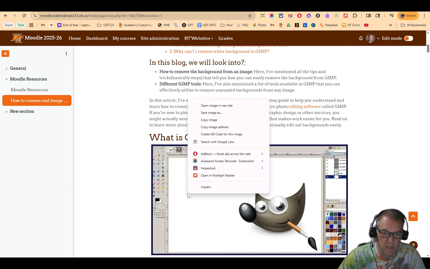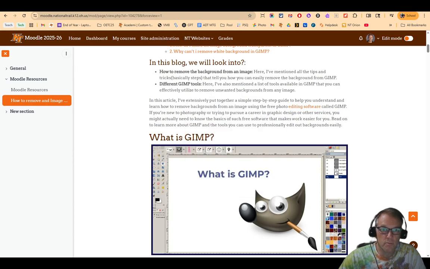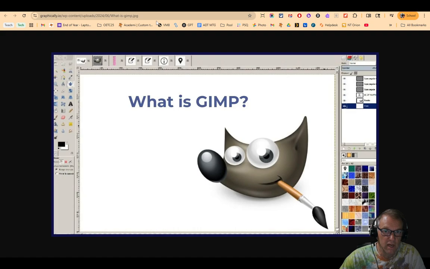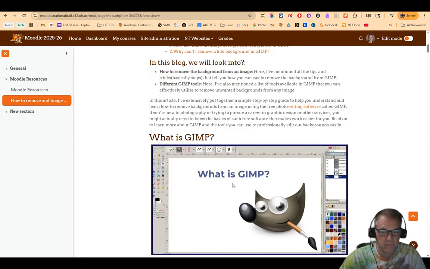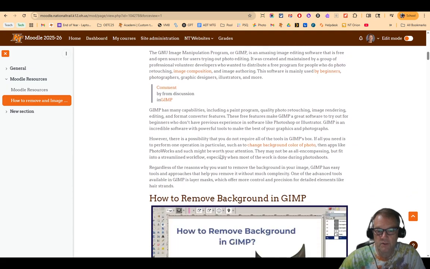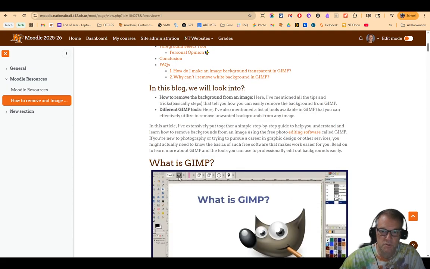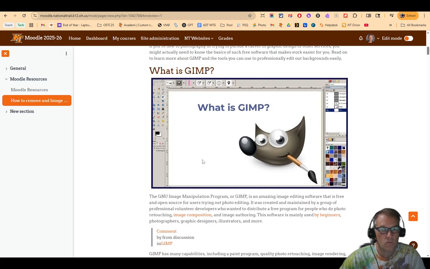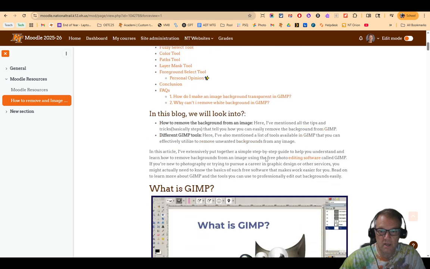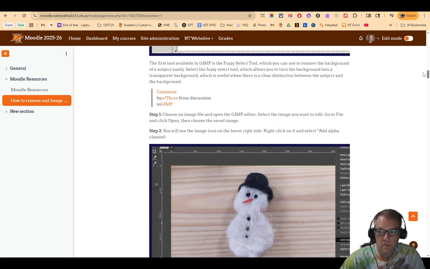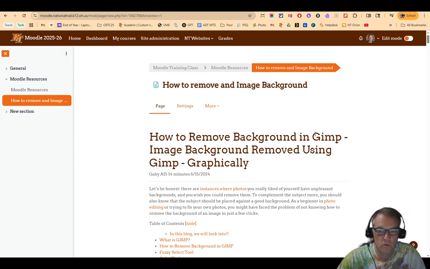Now, to be honest, this picture is not on Moodle. This Moodle is on Graphically.io, and realistically, they could delete that page and the pictures would go away. And if I wanted to, I could copy and paste all those pictures into Moodle too. And I'm just telling you that so that if it's really important, you may want to copy and paste those pictures into your site as well, which is not that hard, but it takes more time than what I just showed you. So that's one of the uses of a Google or a Moodle page, is to put your content there. Another use of it is to make the content